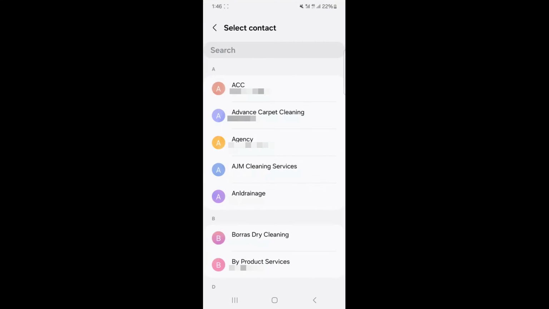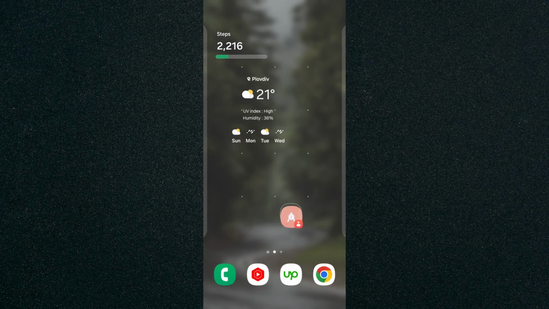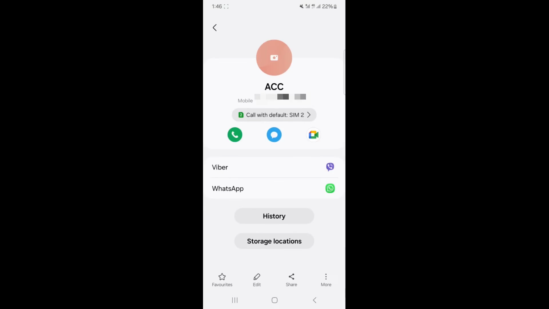I'm going to tap on add, and then from here I need to choose the contact that I want to add. In this case, I'm just going to select the top one right here, and as you can see, the contact has now been added to my home screen, and if I tap it, it will basically bring me to that contact. And yeah, that's pretty much it. That's how to add a contact to home screen